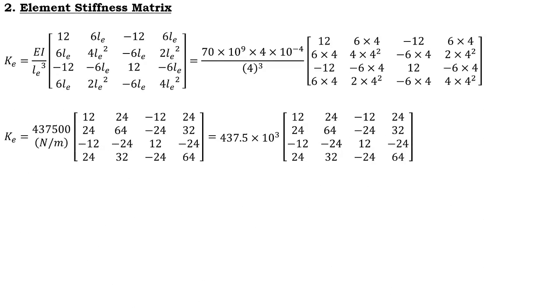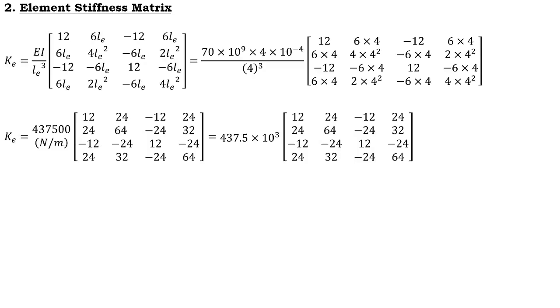After creating the FEM model, I need to calculate the element stiffness matrix. We know the element stiffness matrix for a beam element is given by this. This is already derived in the previous sessions. So consider that element stiffness matrix. Substitute Young's modulus and moment of inertia divided by length cube. When I substitute this, then in the matrix I need to substitute the value of length of the element. Now I have considered only one element of 4 meter. Therefore, wherever LE appears I will substitute it, and in some locations I have LE square. Those LE square also I will substitute, and after simplification I will get